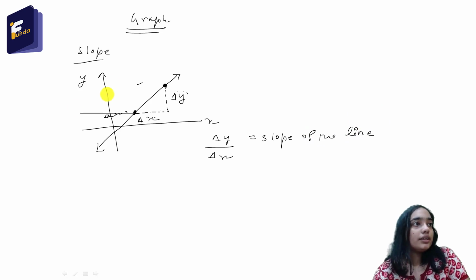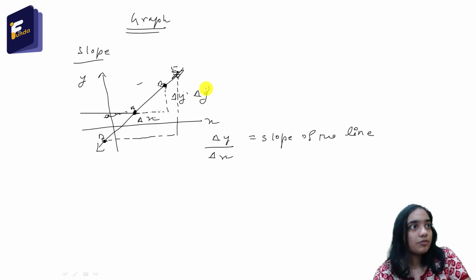So you may ask that as we have shifted from this, let it be point A, to point B, what if we shift from point, say, D to point E? Here is the point E. So what will happen if I shift from D to E? Will the slope be equal to delta y by delta x, or will it be different? So let us see what will happen. So here we are shifting from point D to point E. Let it be delta y dash and delta x dash.